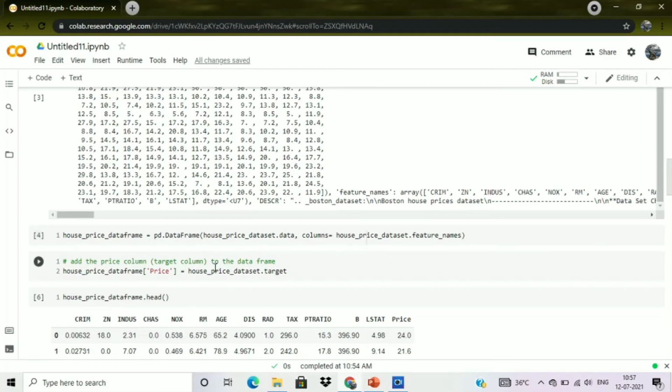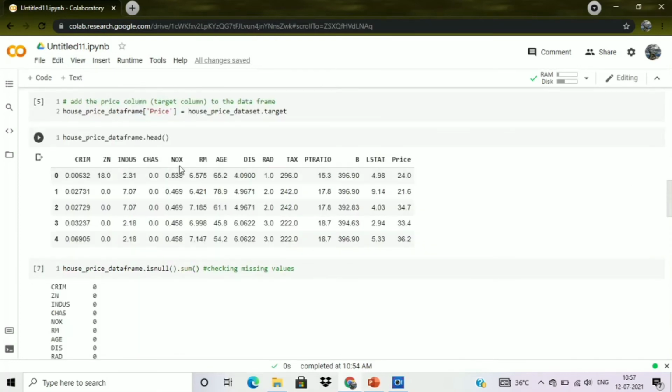So here we can see that after that we have created a target column here, and our target column here is the price column. So after that we are just printing the 5 rows of this particular data frame. So here you can see that the price column is our target column here, and all other columns are also present here.